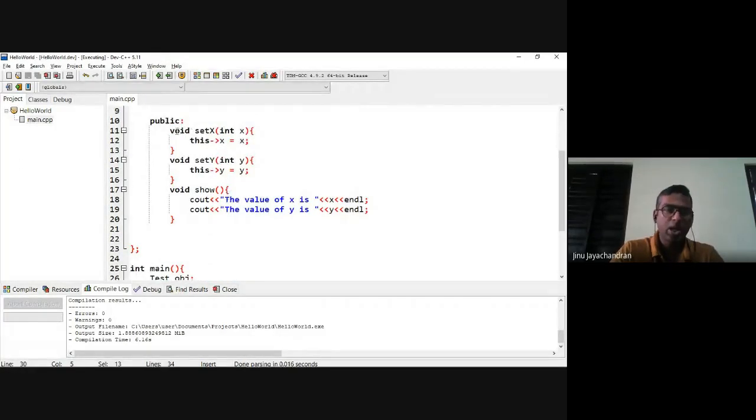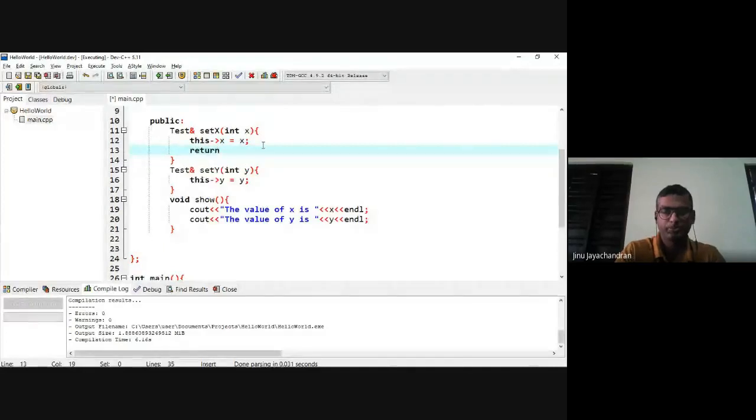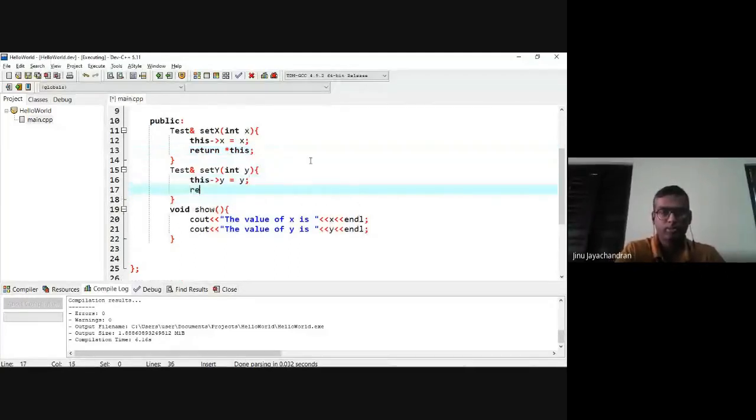What we'll change is, we are going to return an object of test in both the cases, or I will say a reference to the test. Then I say I'll return this. Here also I'll return this.